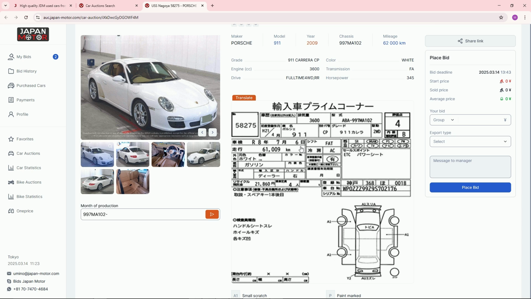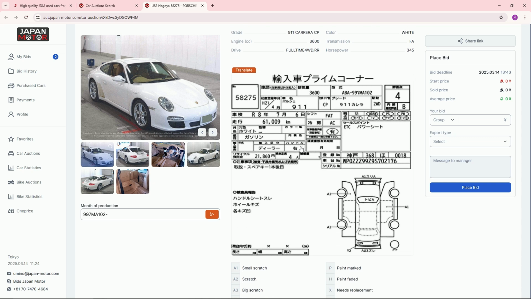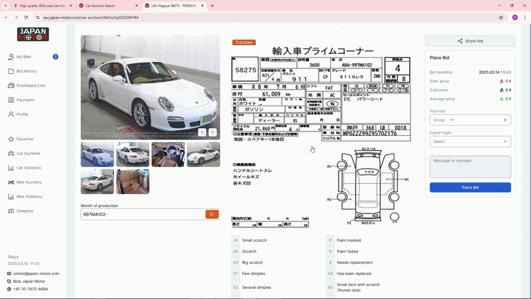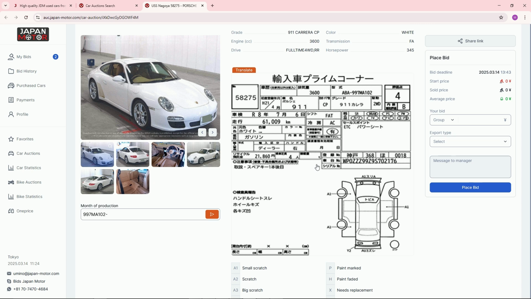The auction sheet provides all the information about the car, whether it has any modifications, has been in an accident, or has any minor damages like scratches, dents or rust. It also provides maintenance and service records, whether it was imported by a dealer or a private person, and information about the accessories. Our team will translate the sheet to you before making a bid.